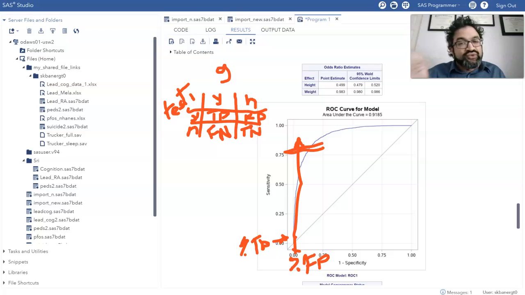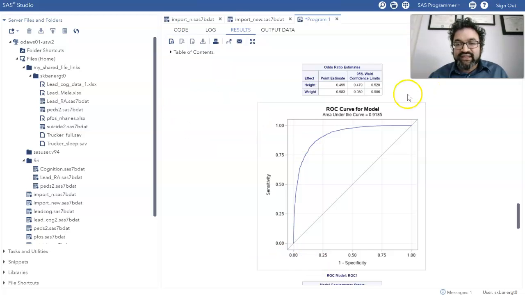And when we look at these two models, the one from the sample SAS.help and the Framingham heart study,